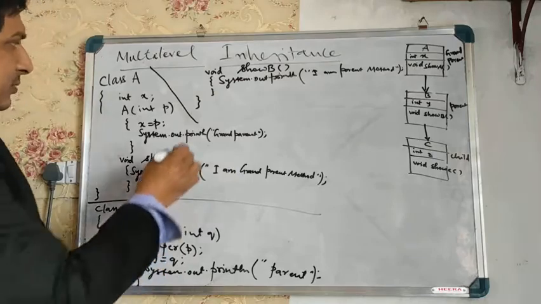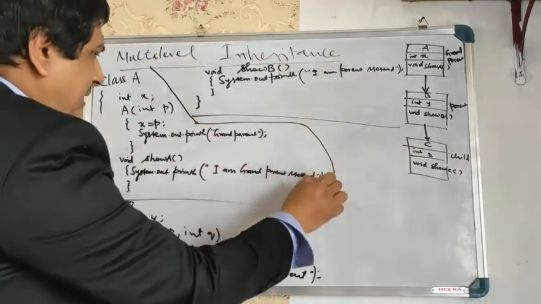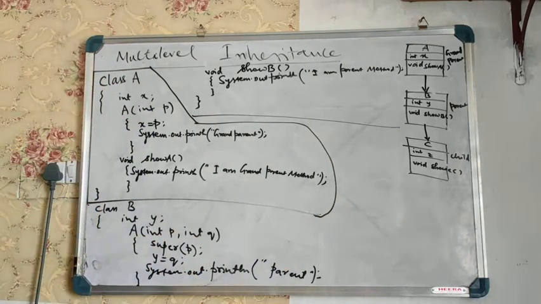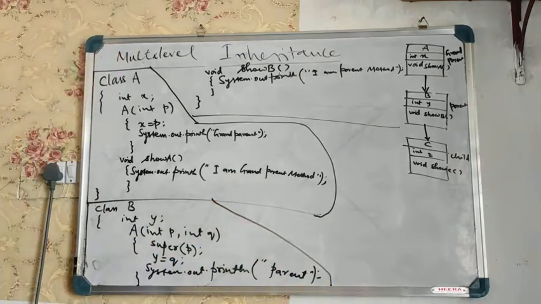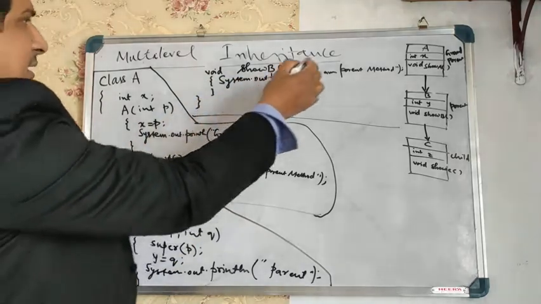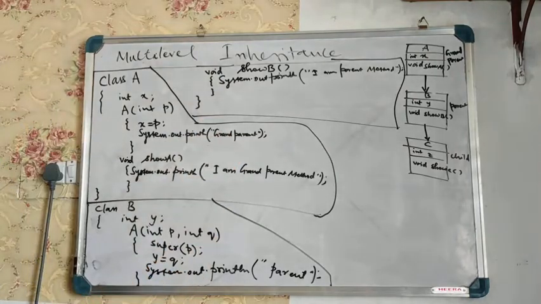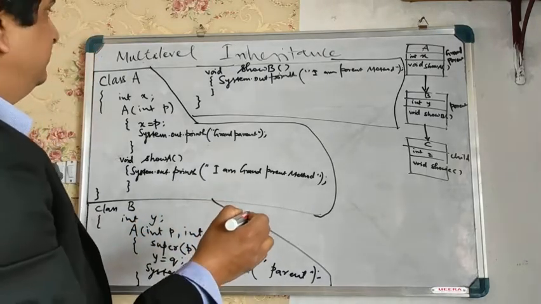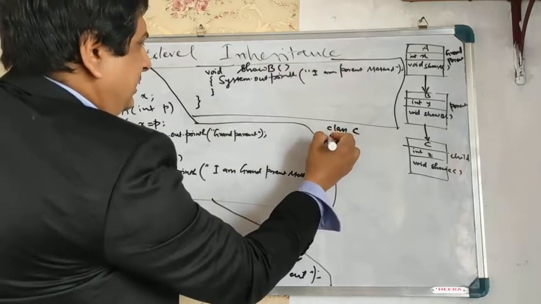So this is about class B. Up to this we have class A, which is basically about the class A. And then we started with this class B, and this will be continued over here. This is basically the remaining part of it, and now we are going to have class C. So let us try to write class C over here.